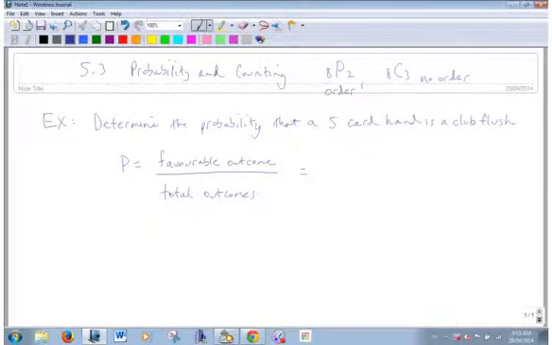2 pair, a lot harder. 4 of a kind, that's even harder still. And then there's a full house, right? 3 of one, 2 of the other. Lots of probability in cards. What do I want? How many clubs do I have to choose from? So I'll write this out in words. There's 13 clubs, right? There's 13 of each suit. And I want 5 of them. I want to choose 5 of those 13. You know how to write that?